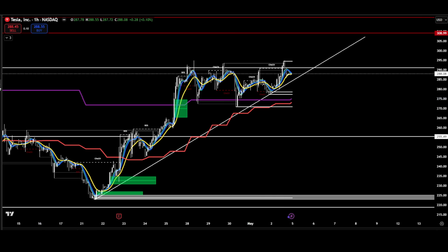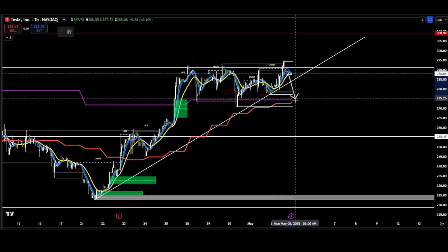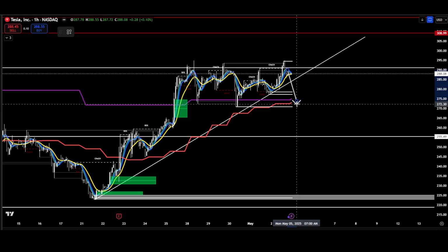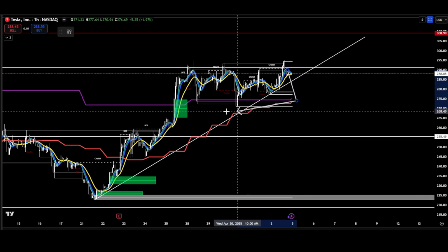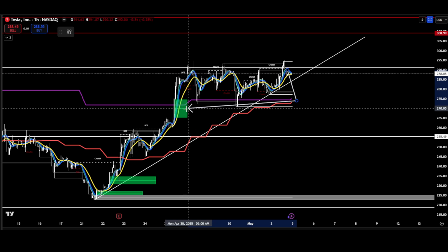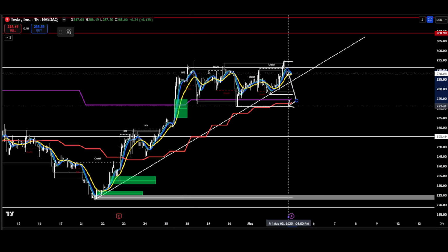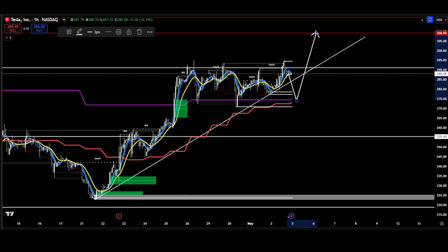So anything that drops down, we would want to see those trigger levels hold price around that 270, 272 range, even just a little bit lower if it swept the liquidity at 270.61, right? Either way, if we come back down, we want to see that hold the support. There's also a fair value gap there. Draw your eyes to that. So we want to see all those hold support to see that move up to 300 and above,